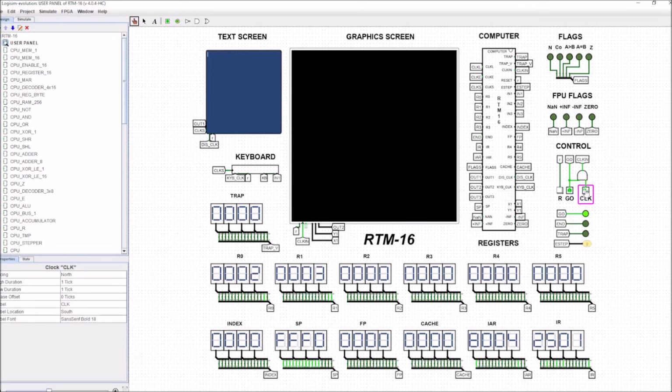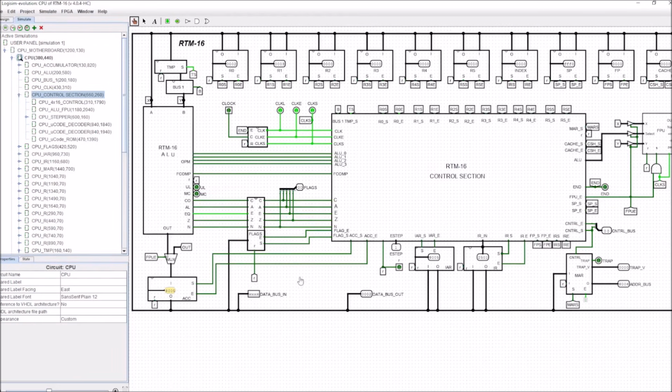Now the one that we're interested in is 2501, and this is our add command. So we want to follow this add command through the entire cycle. Now let's take a couple of minutes and think about how we're actually going to perform the add R0 R1 instruction. So we will drop into the CPU,